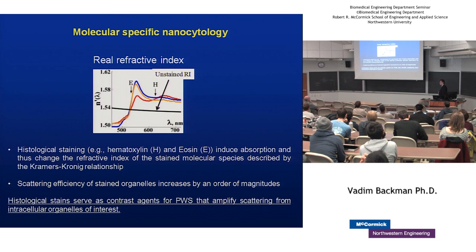This technique can also be made molecular specific by using molecular specific contrast dyes, absorption dyes, because of the relationship between the absorption coefficient and the refractive index. Refractive index goes up for wavelengths above the absorption peak. So we can actually look at specific types of chromatin, for example, or specific types of molecules and look at